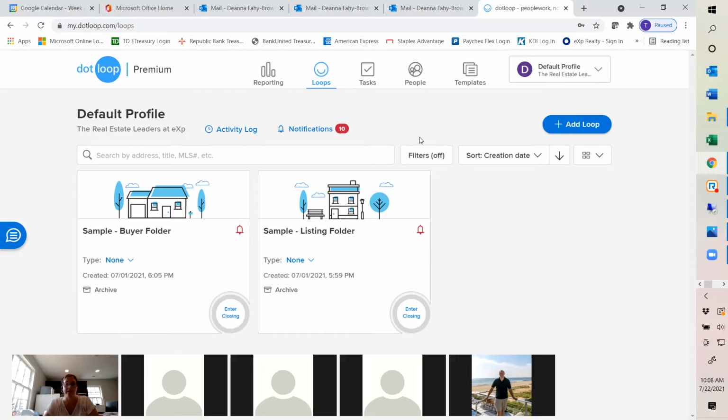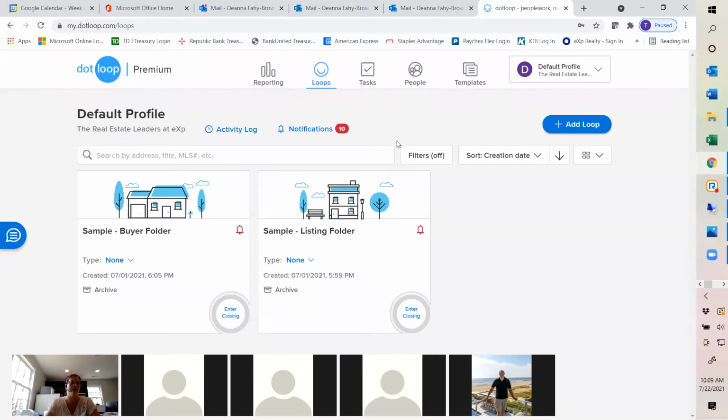Now, what I really want to spend time talking about is how you can go about creating loops. The reason that we're going over this, certainly you're going to have a team of TCs that can provide support. But many times, if not even most times, agents have preference to create their own loops. So from that standpoint, the more you can do to leverage what we've built into this DotLoop program, specifically for our teams, the better it will be down the road when you pull the TC in to help progress your